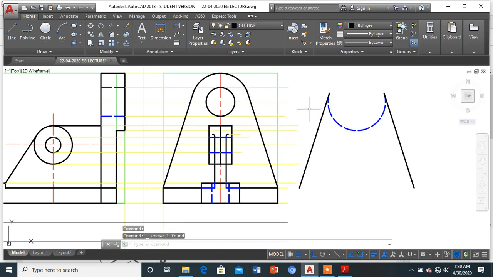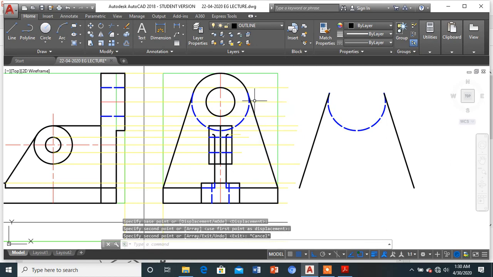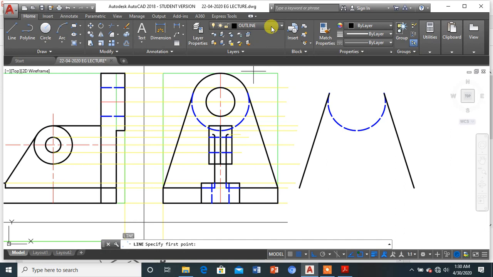Okay, this is not done. Now what do I do? I'll be simply moving this till the tangent point. So I got this beautifully till the tangent point. So now I can get this and I can project it back in the front view, as well as for the top view if required, we'll be projecting it over there as well.